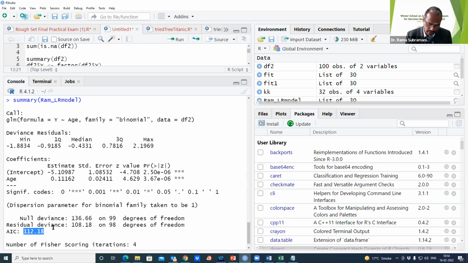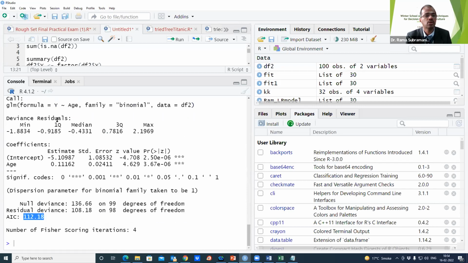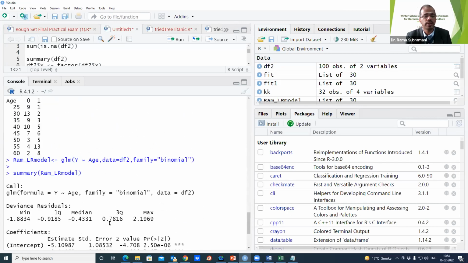AIC is the Akaike information criterion that tells about the goodness of fit of the model when comparing two models. In case of multiple linear regression, for R square, the coefficient of multiple determination, you will look for the maximum R square. But in case of these nonlinear models or time series models, you will look at AIC and go for the minimum. That is while comparing two models. Individually, the absolute value has no meaning. But if you want to compare two models, you will go for the model for which AIC is the least. So once you have noted it down,